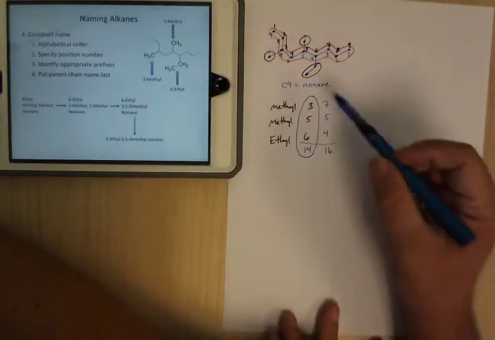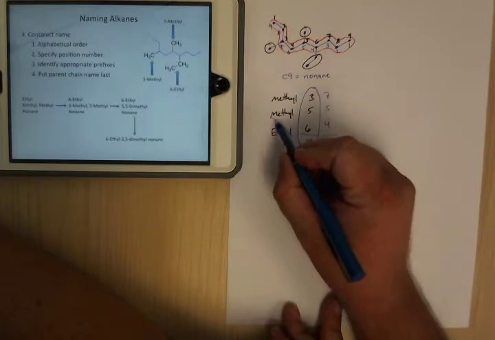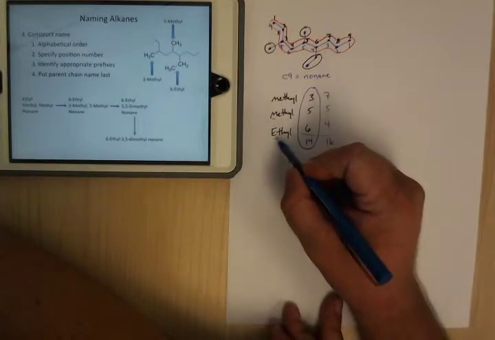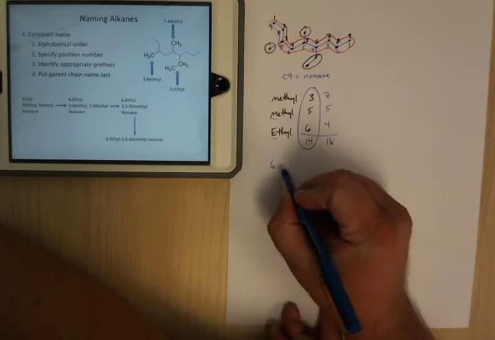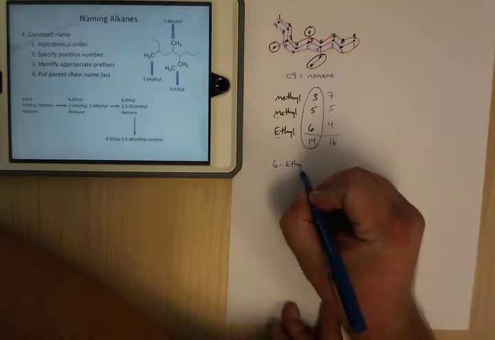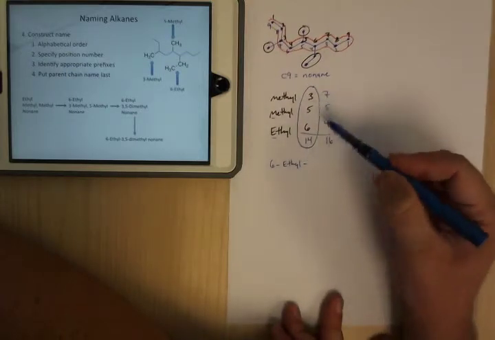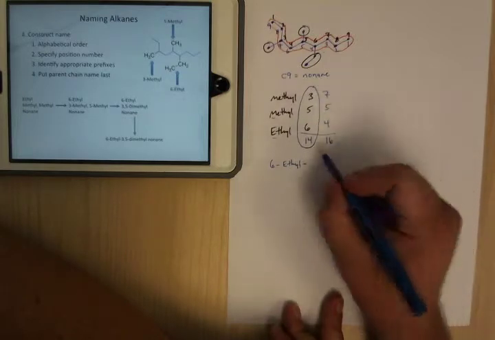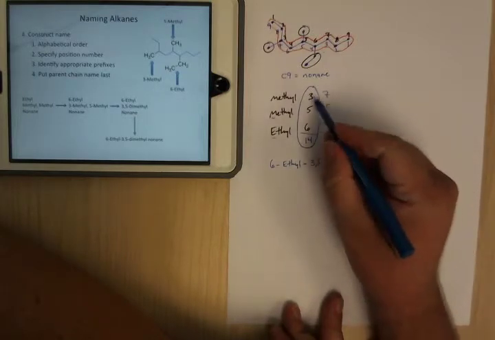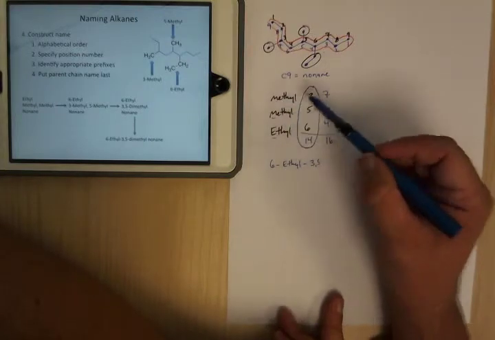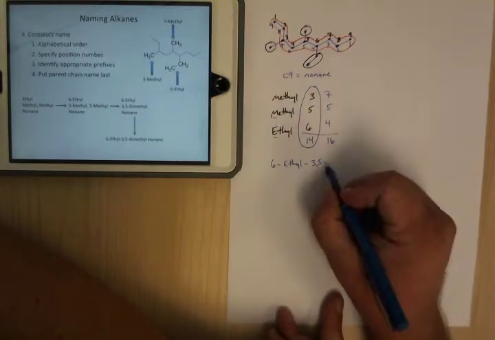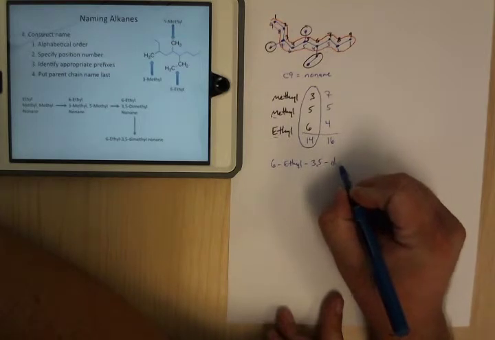Okay, now let's construct the name, right? So which comes first, ethyl or methyl? Well, ethyl comes first alphabetically, so we're going to list that, right? So it's going to be 6-ethyl, right? Now we put the attachment points, right? So it's 3, 5, right? There's a methyl group at carbon 3, a methyl at carbon 5, right? So we have 2 of them, right? So we need dimethyl,